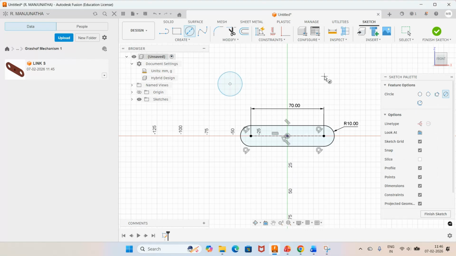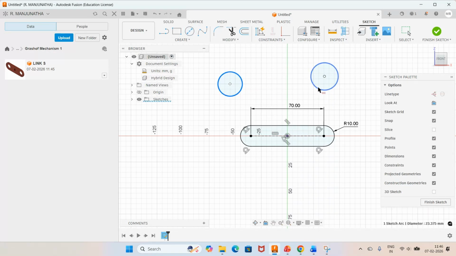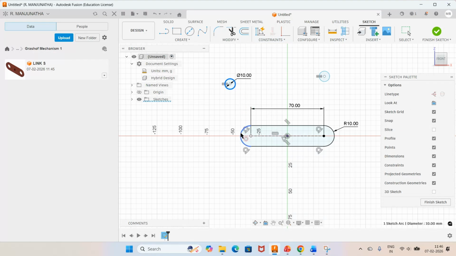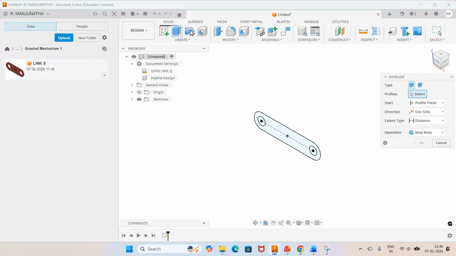I will take two circles of some diameter and go to constraint, select equal, click on this and click on this. Go to dimension, give the diameter as 10. So automatically this one will also get updated. Then go to constraint, click on concentric, select on this with reference to the semicircle. Similarly, you select on this with reference to this semicircle and say finish sketch and go to extrude,